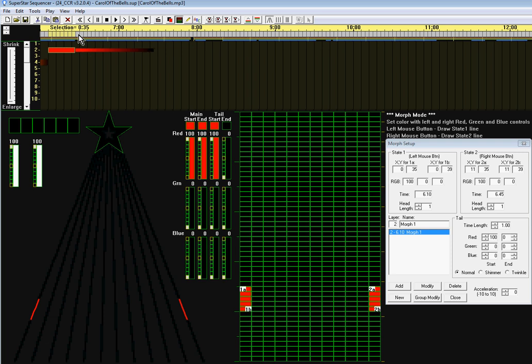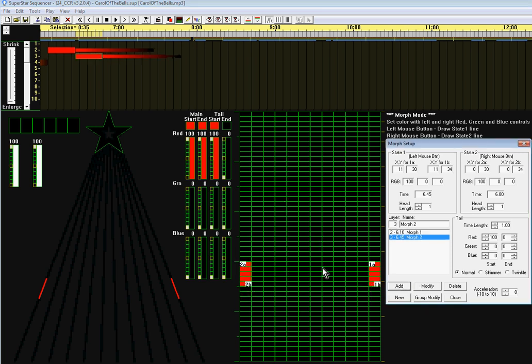Now for the second effect, I'm going to mark a time at the second timing mark, and I want it to go the other direction. I'm going to start with the click and drag on the left mouse button over here, click and drag with the right mouse button over here. So now 1A and 1B are over here, 2A, 2B are over here. We click on add, and this morph is going to go from right to left. If we play that,